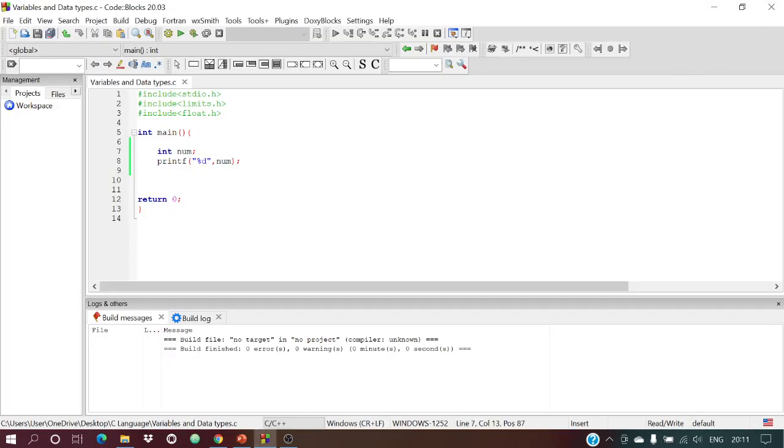By here it is set as 0, but normally the garbage value that is set here is not always 0, it can change. Okay, so it's better whenever you declare a variable, you store some default value or initial value in it.